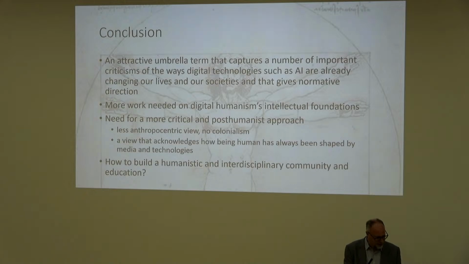So I think personally that digital humanism is an attractive umbrella term that captures a number of important criticisms of the ways digital technologies such as AI are already changing our lives. So I think it can have critical potential and can help ethics of AI. But as a philosopher, I looked at what the intellectual foundations are. What is the direction this goes? What kind of movement? And there, I think that this less anthropocentric direction is interesting to think about,